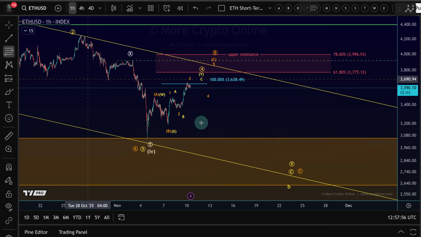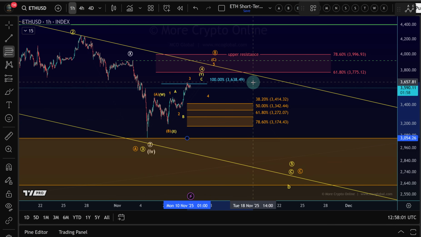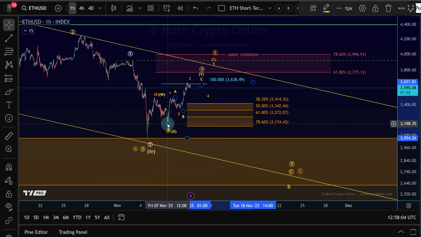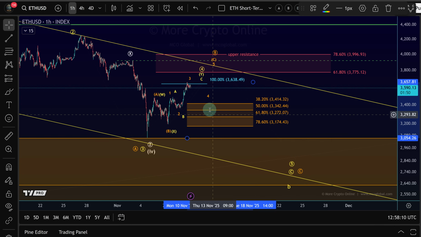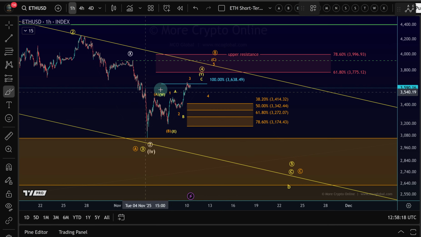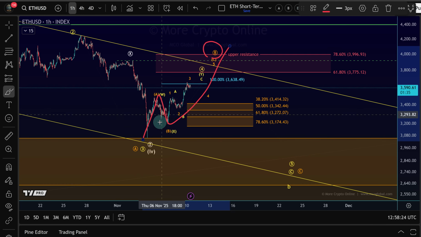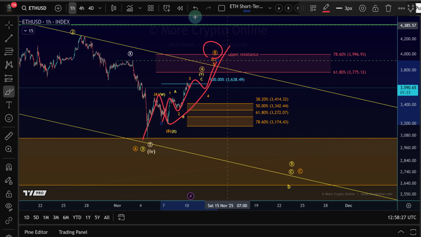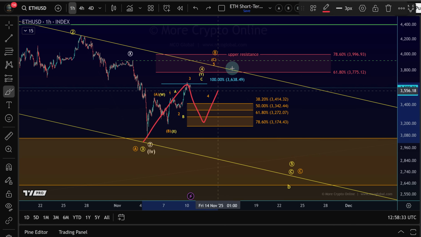Now, what I could add to the chart, and I have done that on the Bitcoin chart as well, is a micro support region. So it's aligning with that swing low from Friday, $3,174. I mean, what is that? Is that an area? Is it a target? No, it's just a support zone that needs to hold to keep the door open for either a larger bounce or a breakout. Because, while I'm showing you here a pathway higher in this B wave, A, B, C, and then 1, 2, 3, 4, 5, in any B wave, we can get additional complexity. So it could also be A, B, C. So that's why this support zone is on the chart.